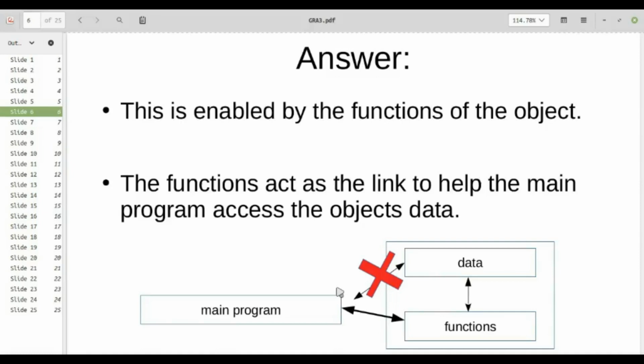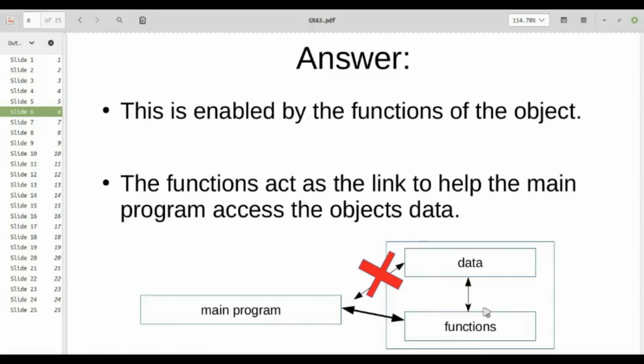Whatever I do, I have to do it through the functions of that object, right? That is why in this representation we find there is no direct link. This is crossed out. So the functions can interact with the data, and you can interact with the functions. So the data is safe. It is prevented from the access of the outside world.